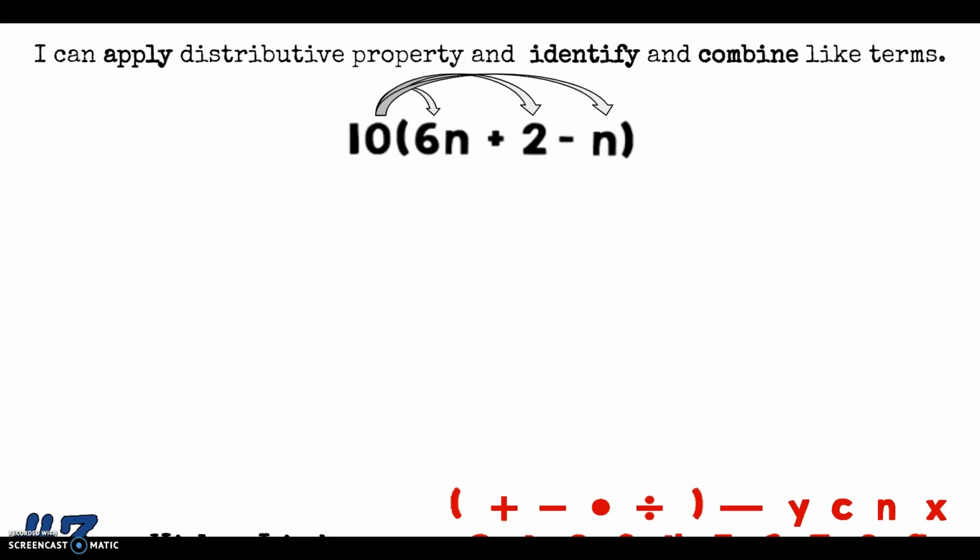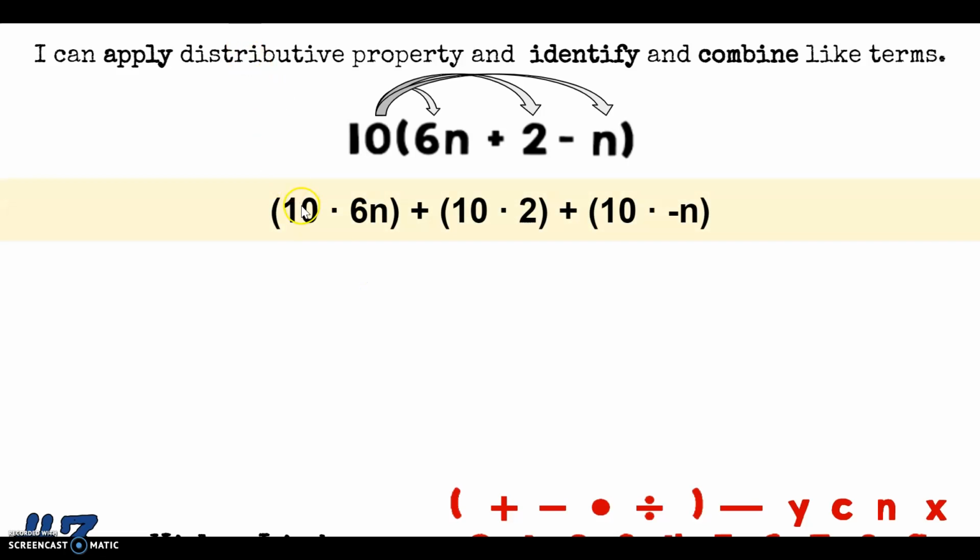So I'm going to rewrite this so you can see it. I have my 10 times 6n plus 10 times 2 plus 10 times negative n. You need to remember that negative sign and pull that down with the n. I'm going to go ahead and simplify that. So 10 times 6 equals 60, and then I bring down my n, plus 10 times 2 is 20, plus